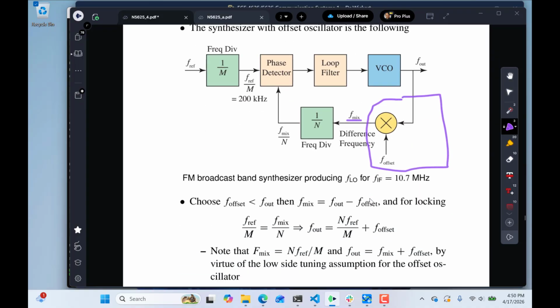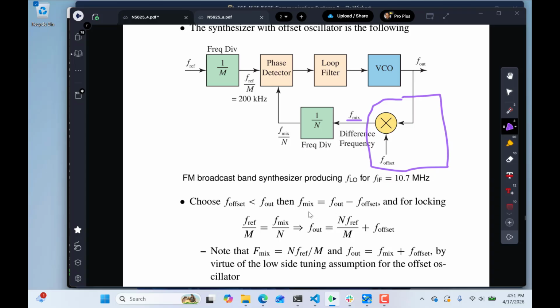So in this case, I'm going to choose F mix to be F out minus F offset. So this is the difference frequency of F out and F offset, and we're going to lock to F mix after we divide its frequency by N. So when we put the two equations together again like we had before, to replace F out,